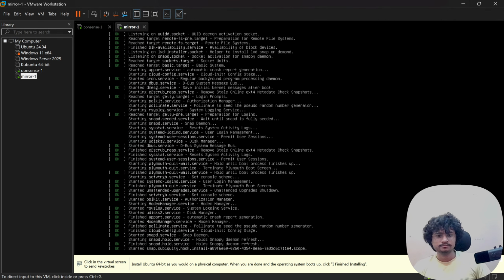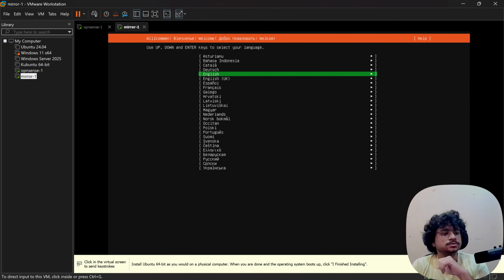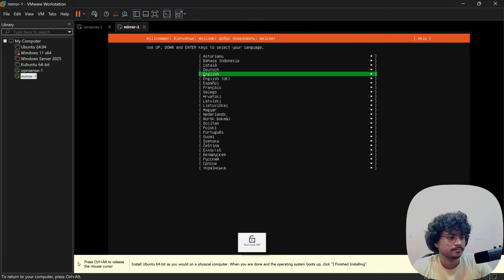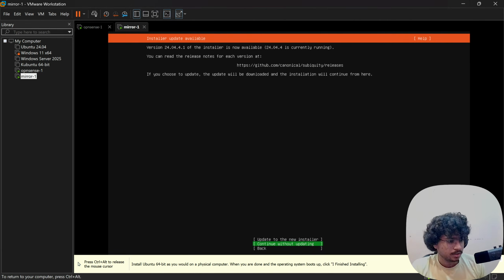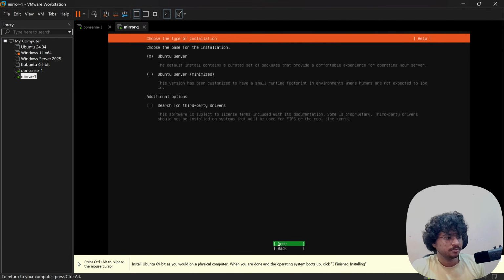Let's see. It will be really difficult. I'm making a mirror server for the first time. I don't know. Continue without updating. If the internet works, I'll update later on. English US keyboard, fine. Ubuntu server.